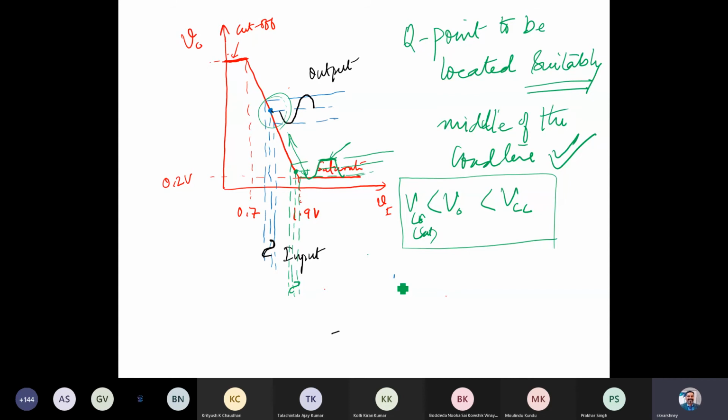And to find out the signal handling capacity, which I think I discussed also, we have to see that the signal should not be distorted. As soon as it is distorted, that is the limit. So it means the maximum input voltage that can be applied to the BJT for a given circuit, with the output not being distorted, right? So the maximum voltage that can be handled by the BJT for a given circuit.